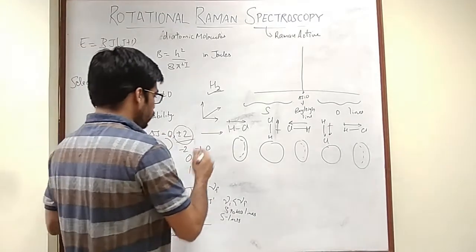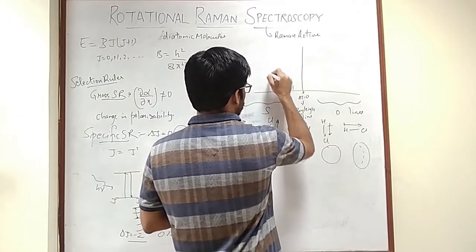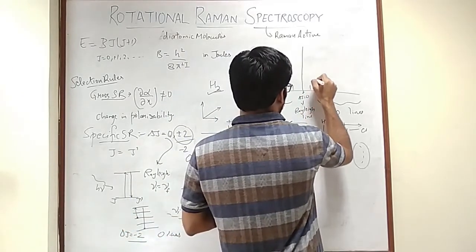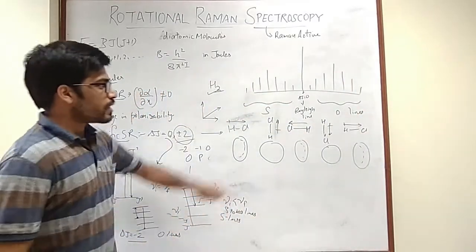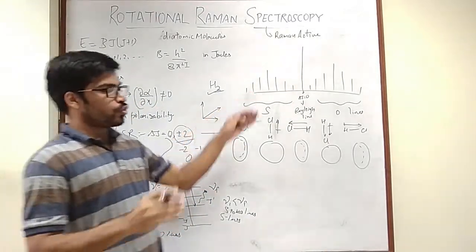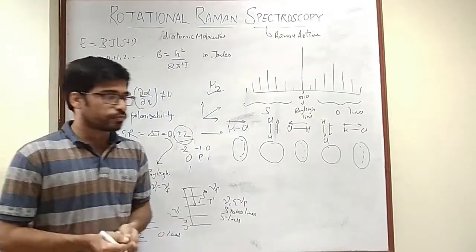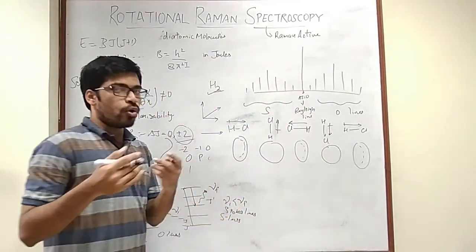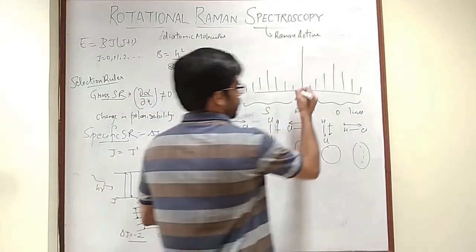Fine. So how would the lines look like? We'll have... okay. Now this is the trend of the spectra that you had seen in case of Raman's pure rotation spectra. That is going to be here also, because the intensity of the peaks, or the height of the peaks, is decided by the population. So obviously the Stokes lines are going to have more intense peaks than anti-Stokes lines, because fewer molecules are present at the higher energy levels.